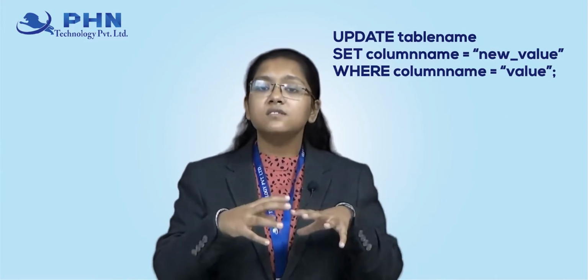There are certain things only. If you want to just change the phone number of that particular customer, then here you will give the where, where the customer name is equal to this. Let's say the customer name is Ram. Then you will give it as where name is equal to Ram. There only update this particular phone number, right? This is what your set and where keywords state. How we can use this, we will see through this query.